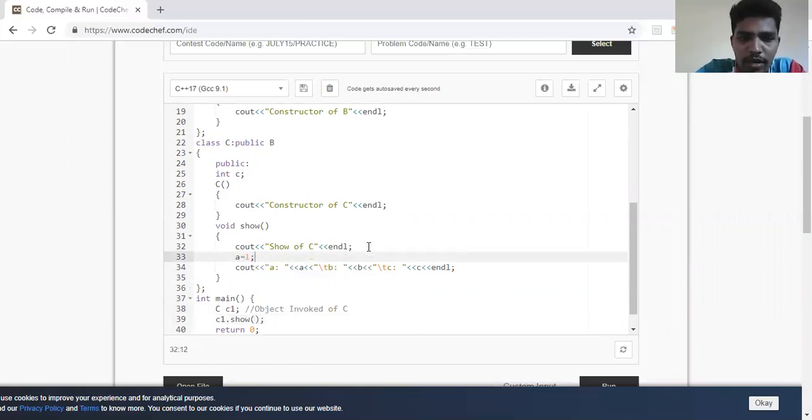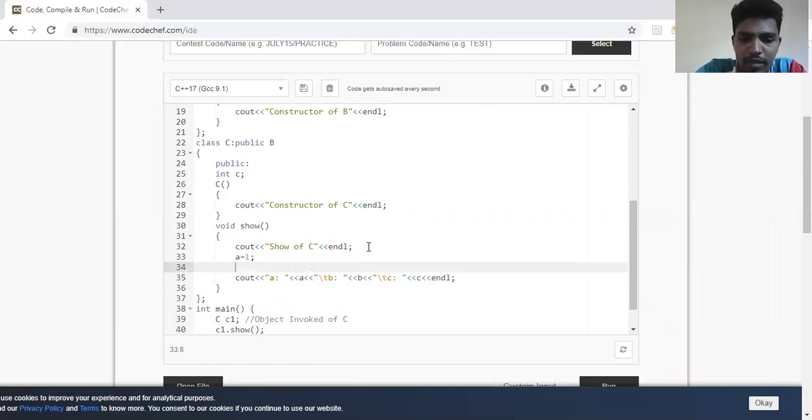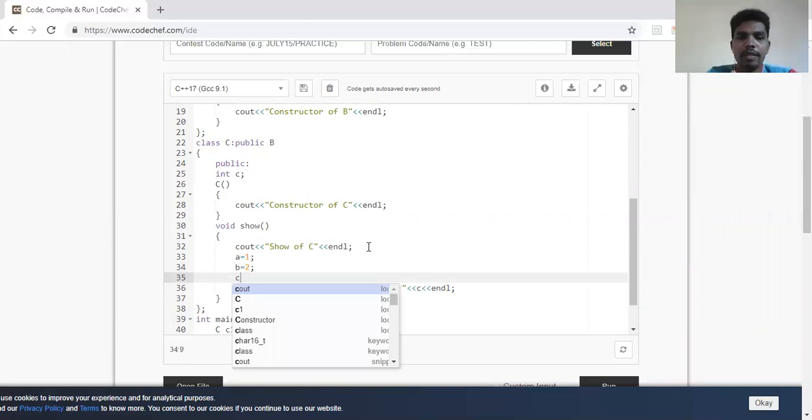A is equal to 1, B is equal to 2, and C is equal to 3.